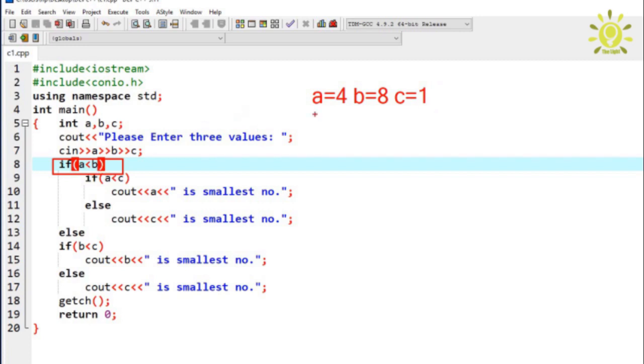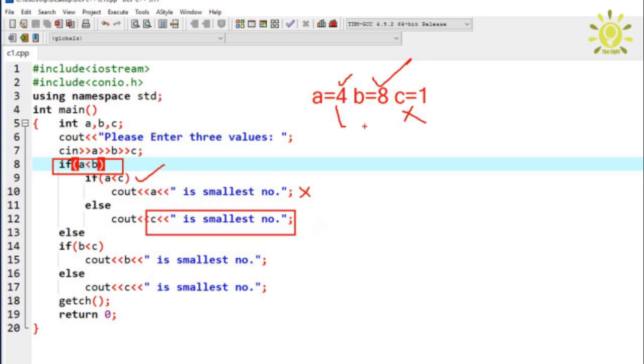The condition becomes true, because a holds value 4 and b holds value 8. Control moves into the inner if statement and checks a less than c. You can see that a is not less than c, so this is skipped and the else part will be executed. So c is smallest number is printed on the screen.